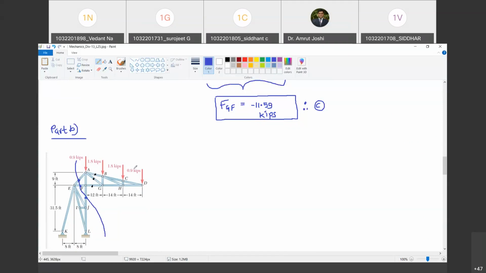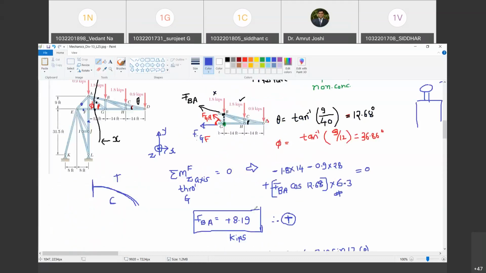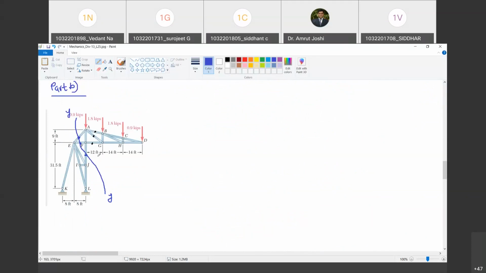So I'm going to take a section. I will call it section YY. Are you with me? Yes, sir. And draw the free body diagram of right hand side part, because on left hand side I will get reactions. I don't want to indulge in finding out reactions. It is not possible with merely equations of equilibrium. Are you with me? Yes, sir. So therefore I will work on the FBD of right hand side part. So now it is your homework to draw the free body diagram of right hand side part. Repeat the procedure, what I have said, and find out forces in all the 3 members. Are you with me? Yes, sir.